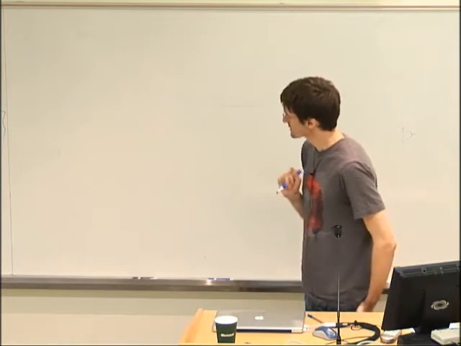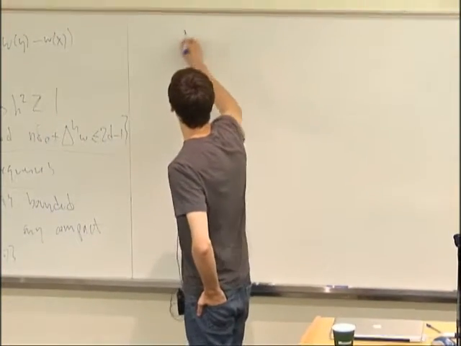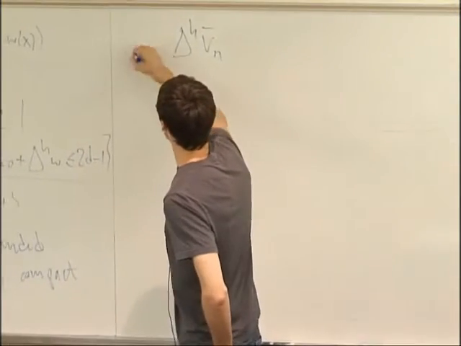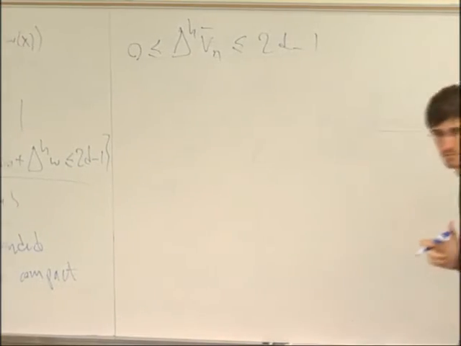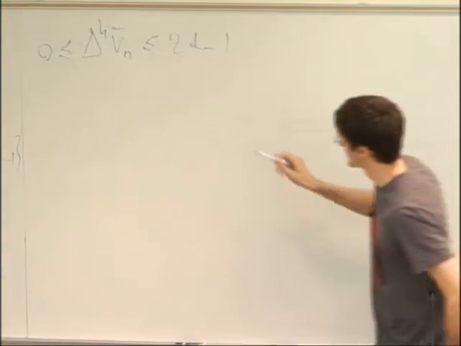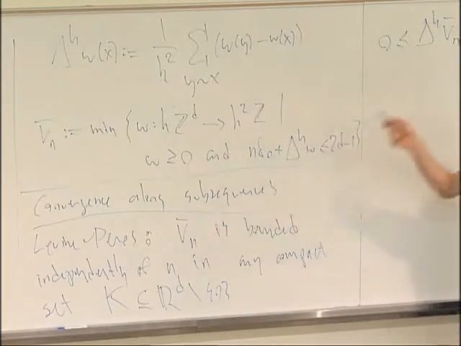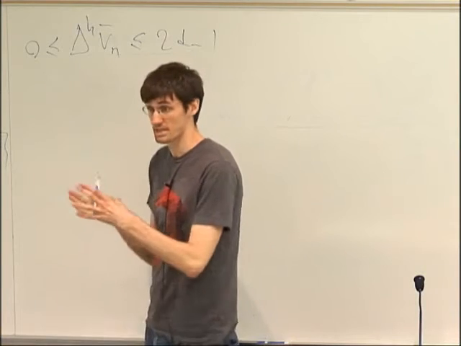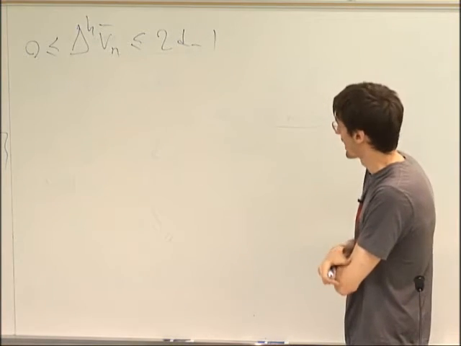Okay, so we have this, and from the least action principle here, we know that the discrete Laplacian of Vn is between 0 and 2d minus 1. Okay, so what does this tell us? Well, it tells us that the value is bounded, and the discrete Laplacian is bounded in any compact set away from the origin. And so from that, what we get,